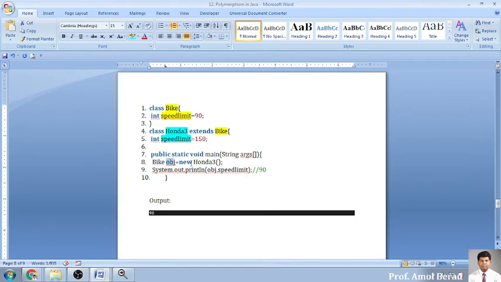super class object taking the help of the child class, so if I go for object dot speed limit, the output will not be this one. You cannot refer to the child class variable using runtime polymorphism. जो हम function में करते थे वो हम variable के साथ नहीं कर सकते. If we said the output will be 150, it will not be there. The output will be 90 because this variable will be referring to the object not of the Honda but of the class Bike. So हमें output में 90 दिखाई देगा जो unpredictable था,